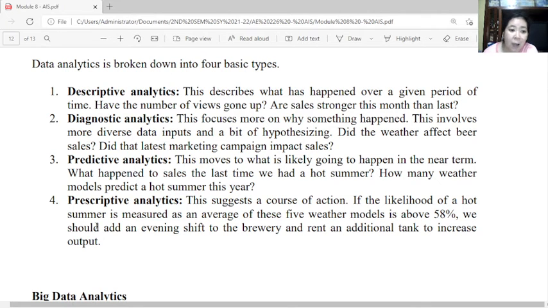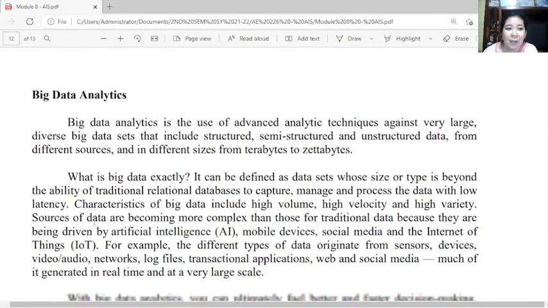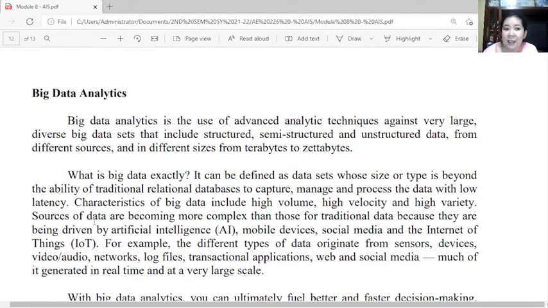Okay, so that's how data analytics works in the different concerns of an entity. So we go now to big data analytics. Actually, we also have small data analytics and we also have big data analytics. When we say big data analytics, this is the use of advanced analytic techniques against very large or diverse data.